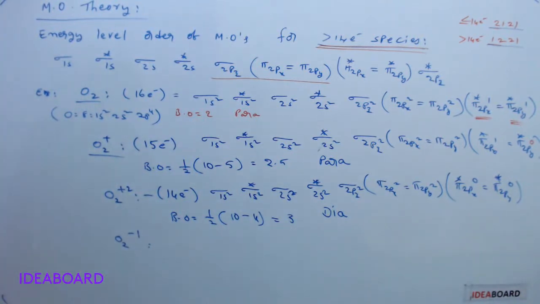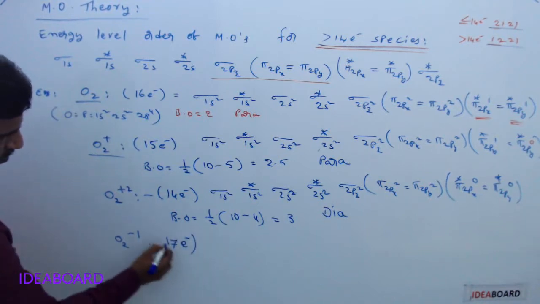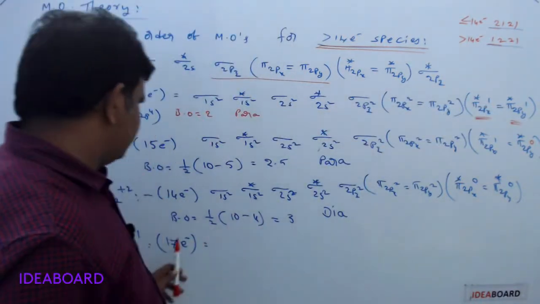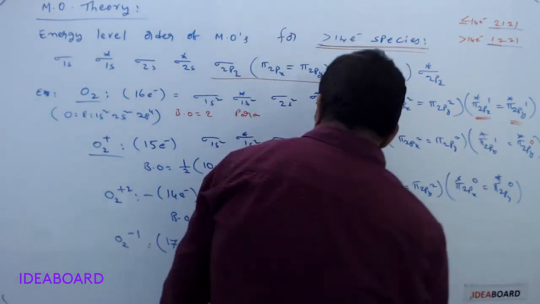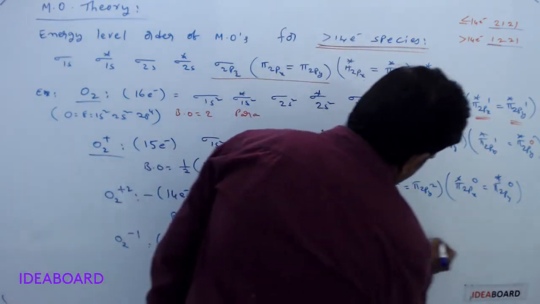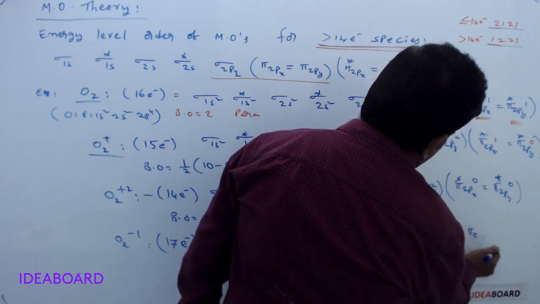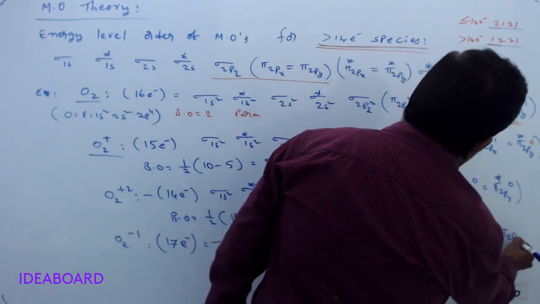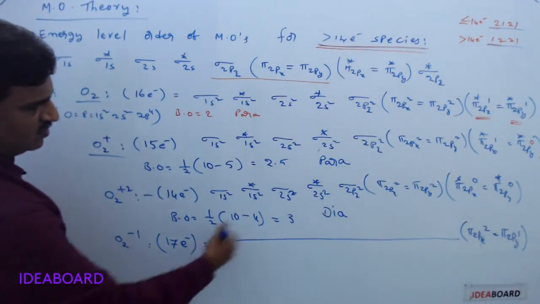So please remember that. And next, I am writing about O2 minus 1. Can you check directly? O2 minus 1 means it is having 17 electrons, since O2 already has 16. Always just take it as a parameter. O2 minus 1 means you will get one more electron here. So I am writing just only, everything is same. Here pi star 2px2 is equal to pi star 2py1 only. The remaining all things are same.